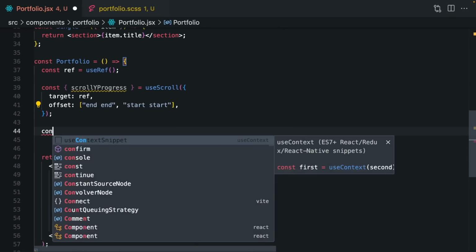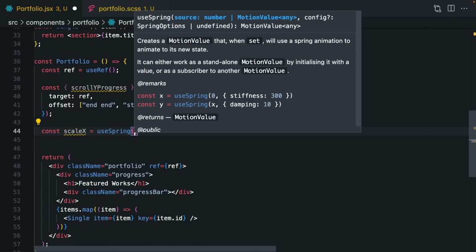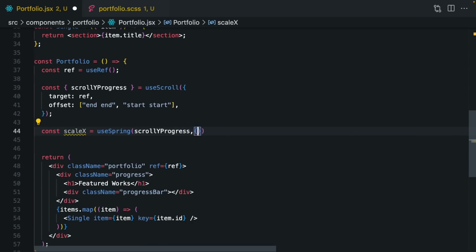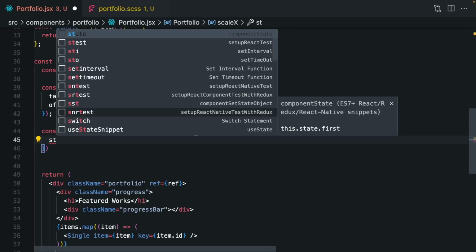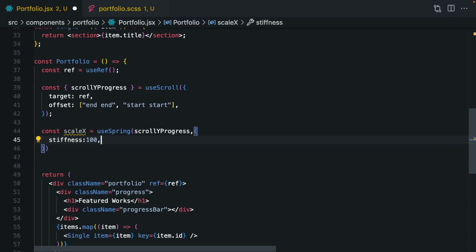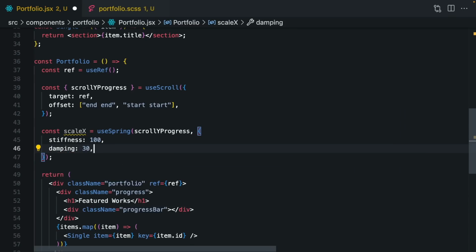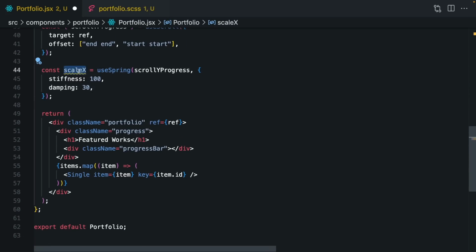I will say const scale x, useSpring hook, and I'm gonna pass here my scroll Y progress, and right here my transition options. Remember, we can give any stiffness, and damping will be 30 pixels. Just play around here and create your own animation,